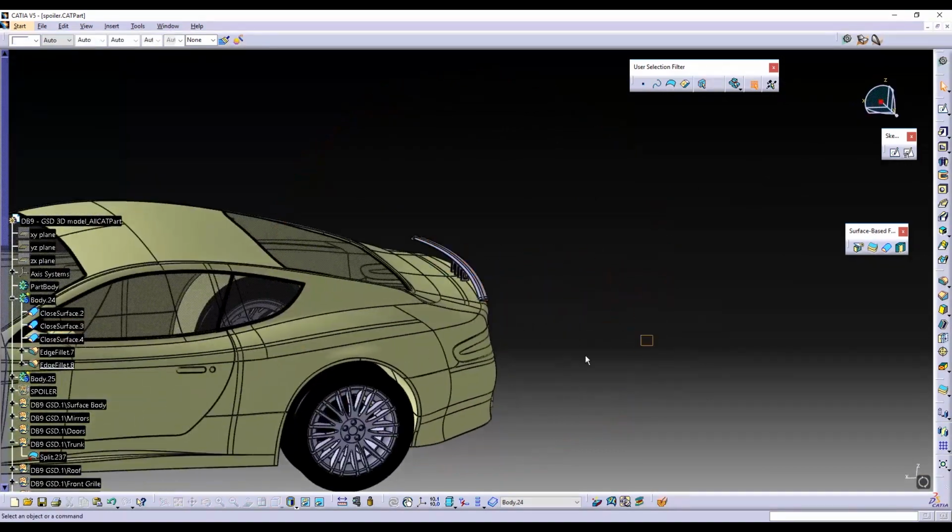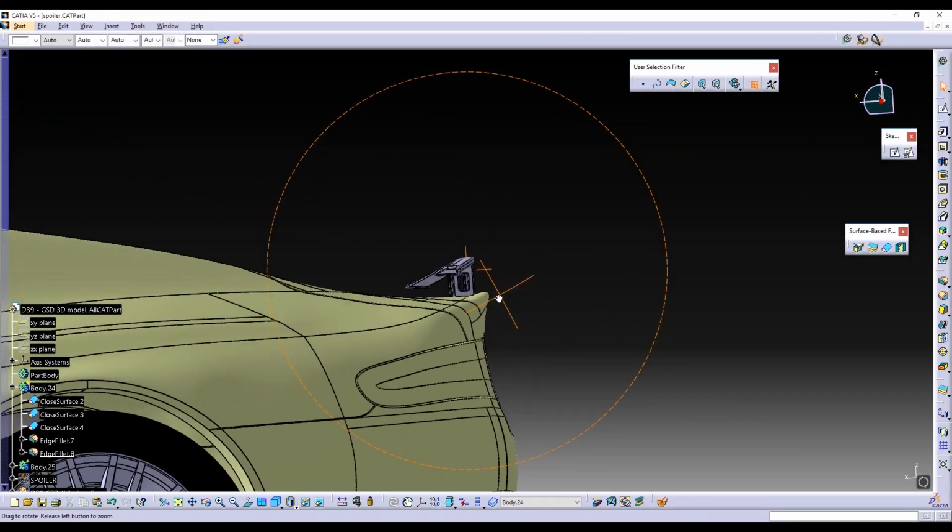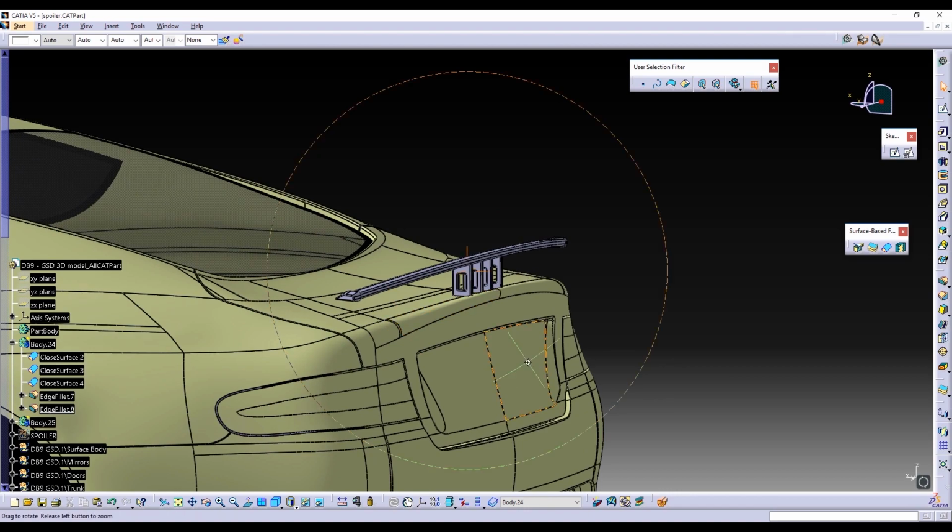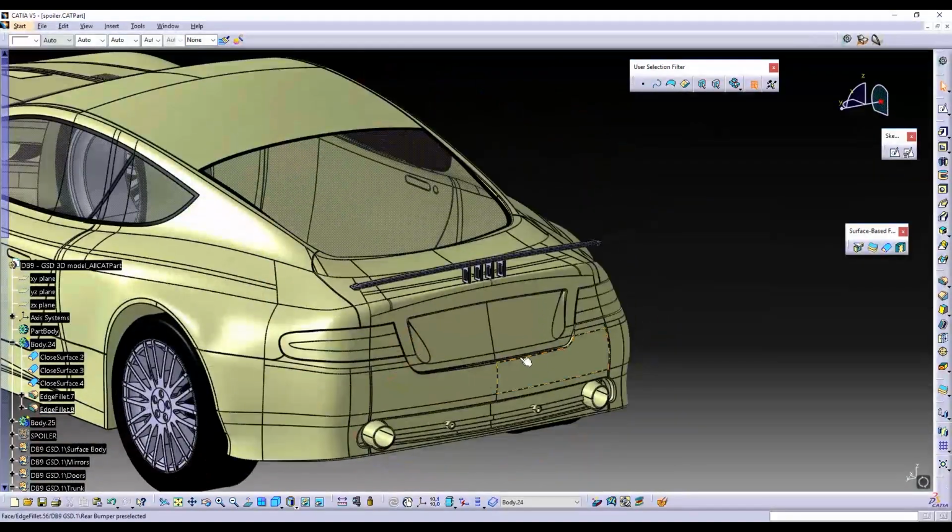Okay, so our simple spoiler is finished, so we can now import it into the SketchUp,